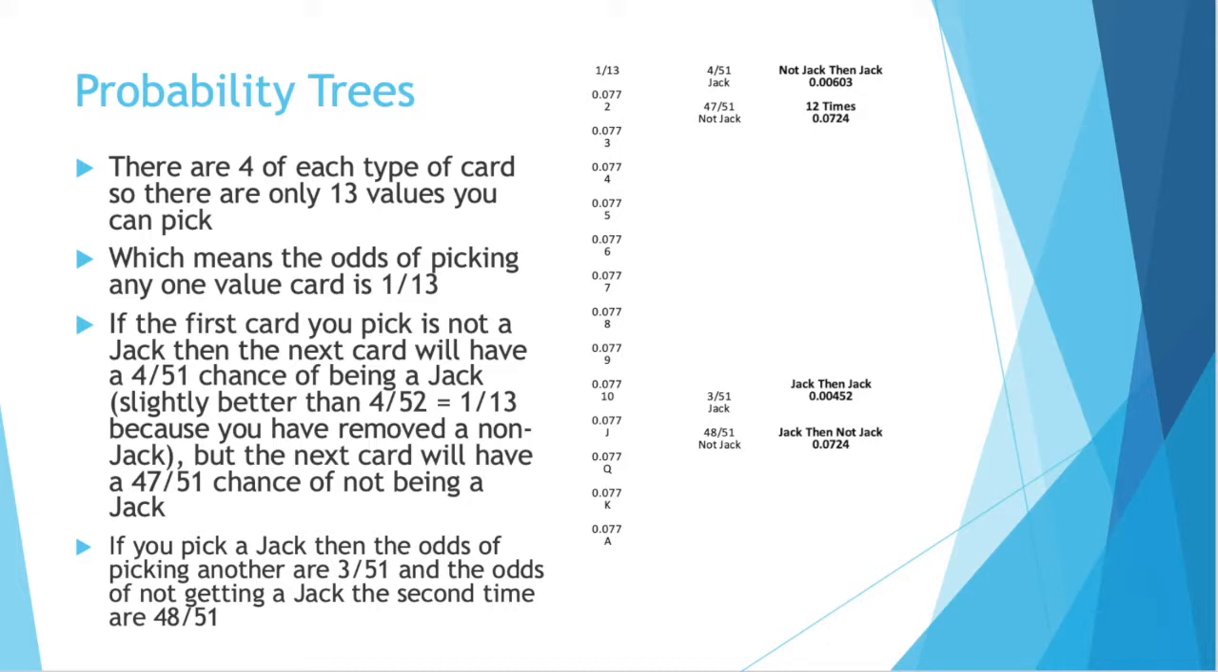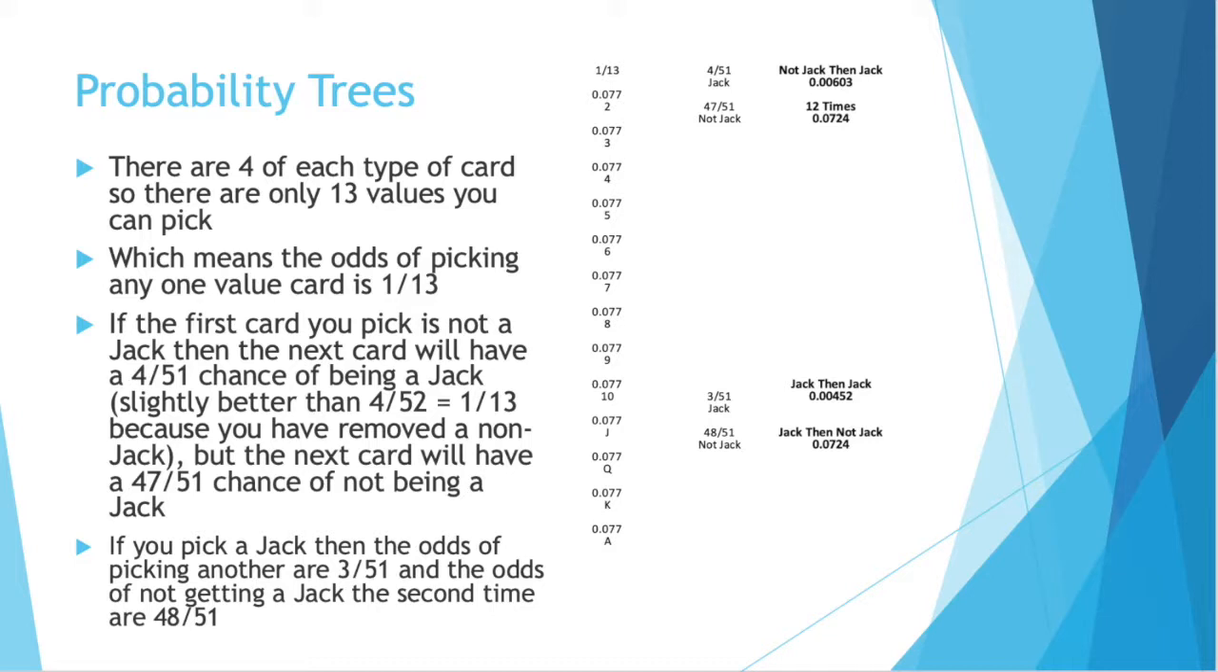But that means the next card will have a 47 over 51 chance of not being a jack. If you pick a jack the first time, then the odds of picking another are 3 over 51. I didn't want to draw all the lines because it would add too much to this slide, too many branches to our tree, but you can see I've listed every single card between a 2 and an ace, and you see each one has a 1 over 13 chance of getting picked,